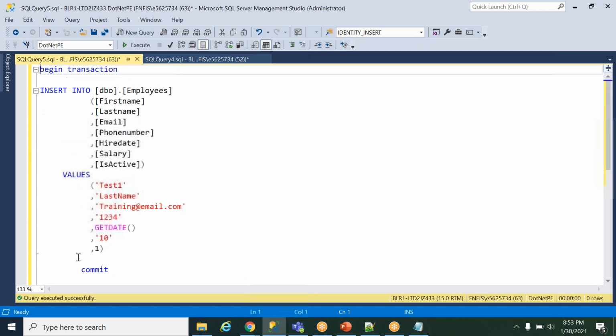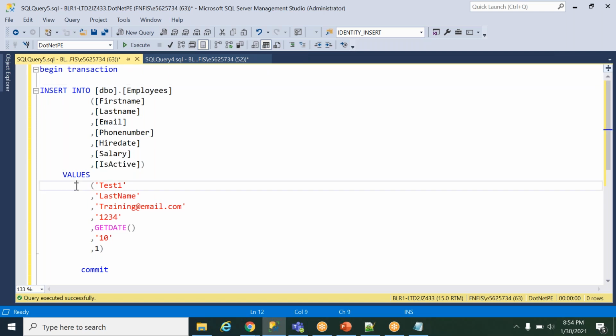In the SPs itself we want it. Even from the C# side we will use it. Sometimes in the backend also we'll use it. Sometimes users may forget to include the transactions on the C# side. Mostly the transactions will be handled by the front end itself, but in some cases people will use it in the back end. So in backend scenarios, you can use transactions in SQL Server in the stored procedures.